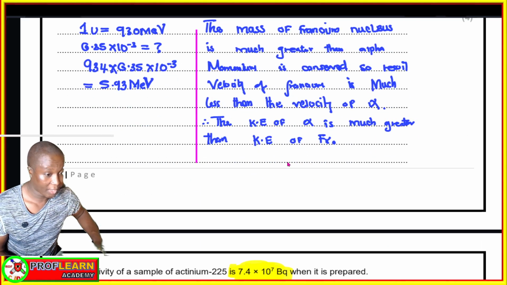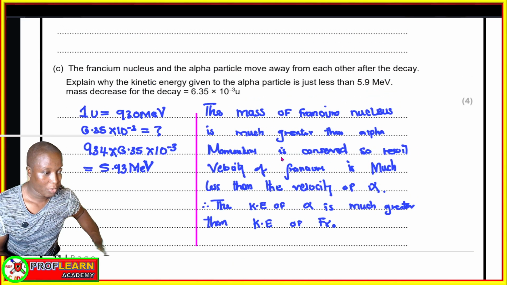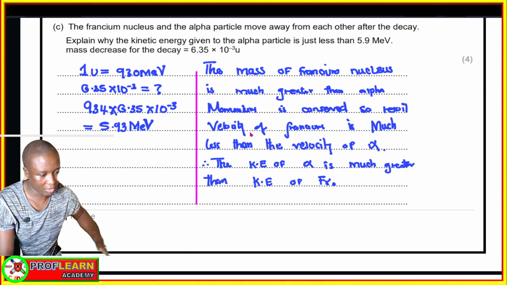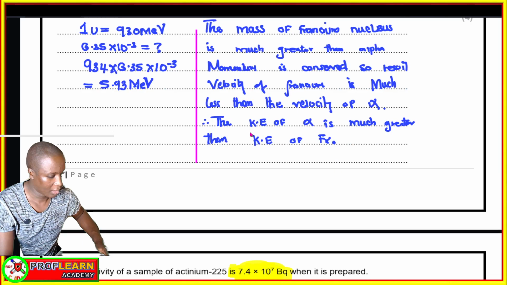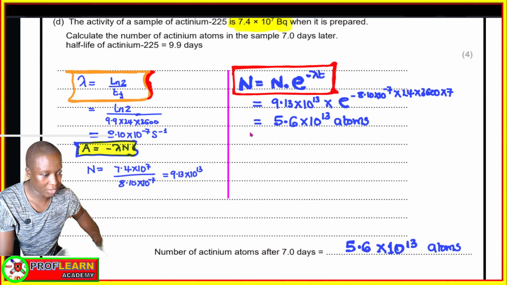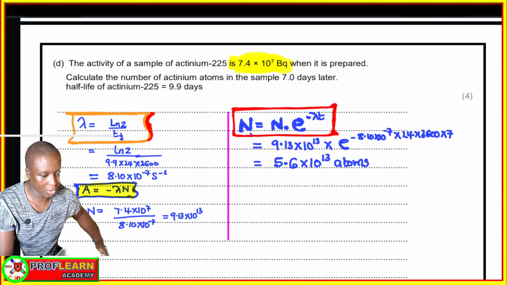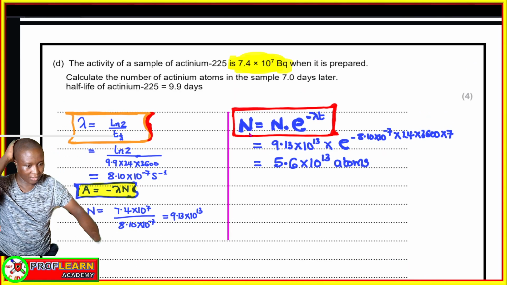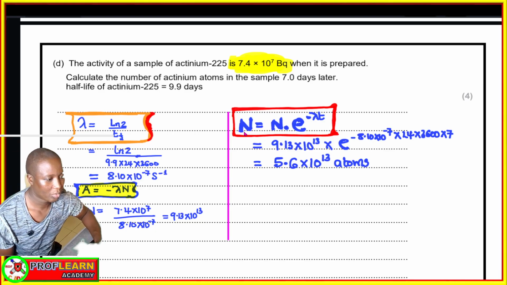Francium nucleus and alpha particles move away from each other after the decay. Explain why kinetic energy given to alpha particles is just less than this. You are supposed to respond to that question as shown here. Because of the interest of time, I'll move on and take you through how to answer questions to do with radioactivity,